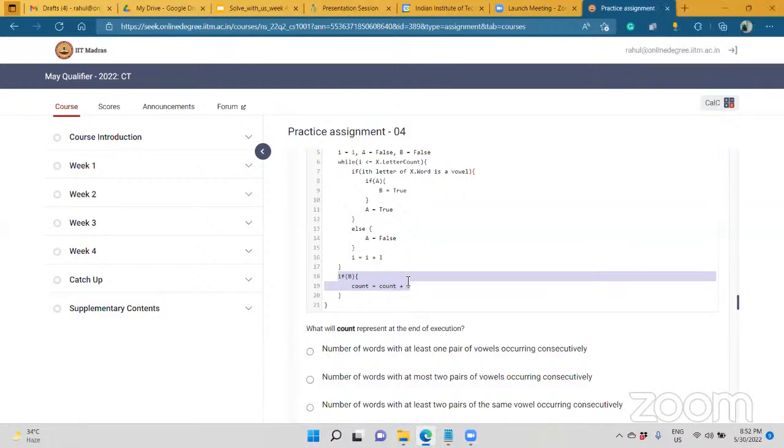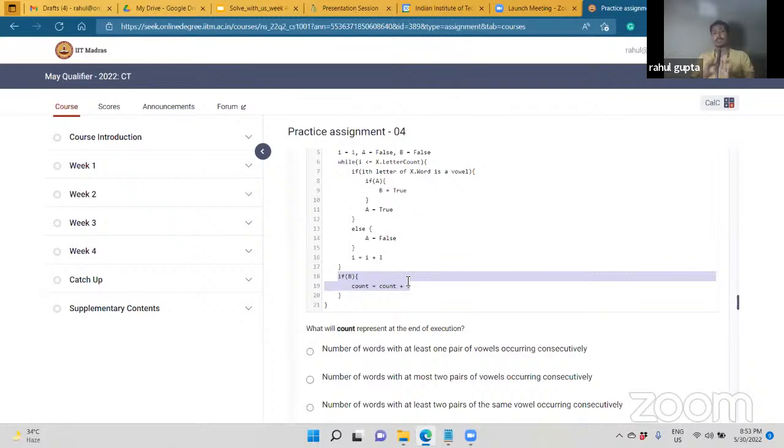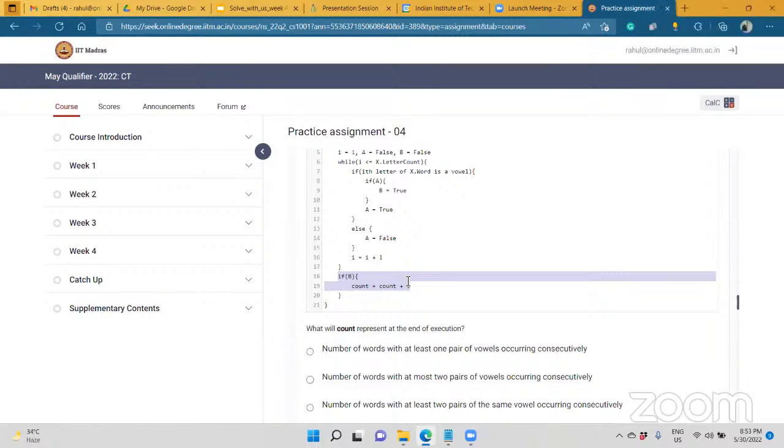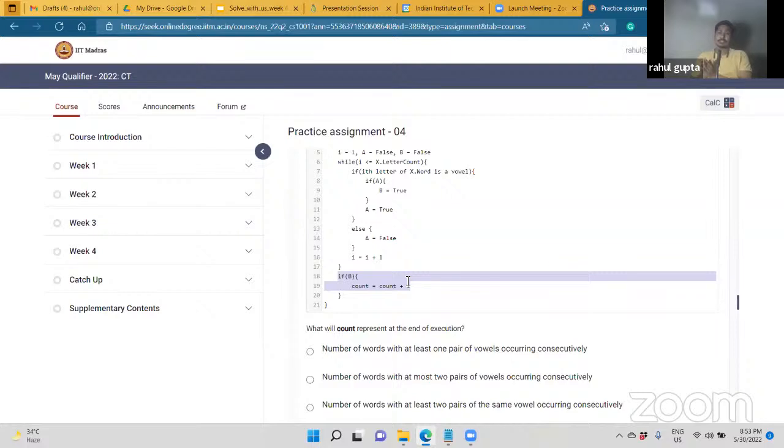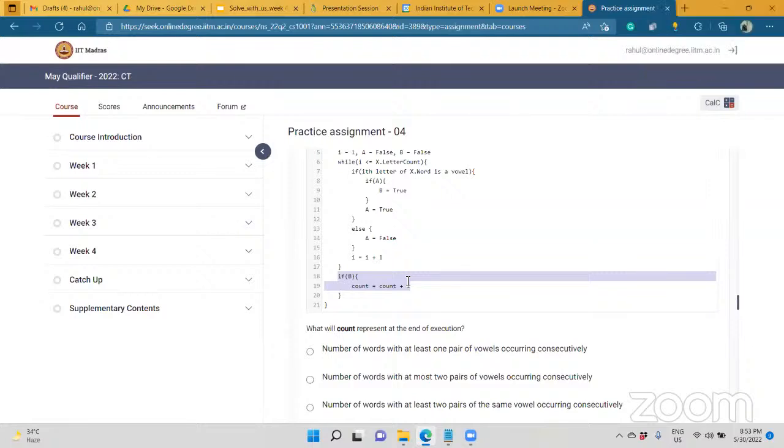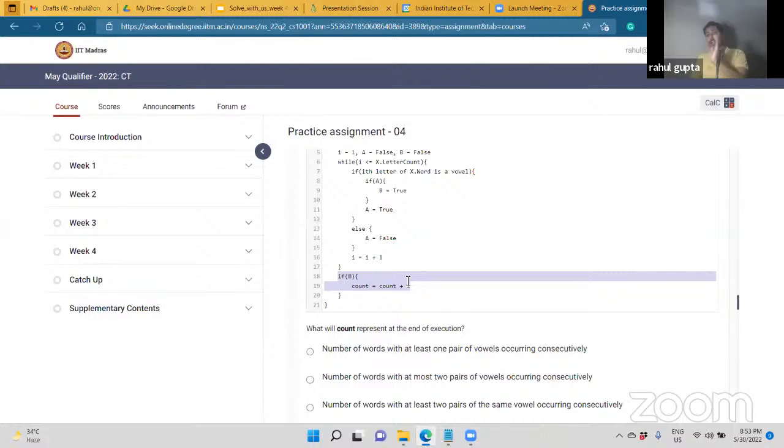So what will the value of count be for the word "year" when the while loop fails? Sir, I will be counting only if the consecutive vowels occur at the last of the word. No, that's what I'm trying to say: once B is true, it is always true. So rather than "year", take "Riya". So it will be true at the end, and then it also increments count. If A and B become true in between of that word, A is being true and false, but B is not being set to false once it is true.